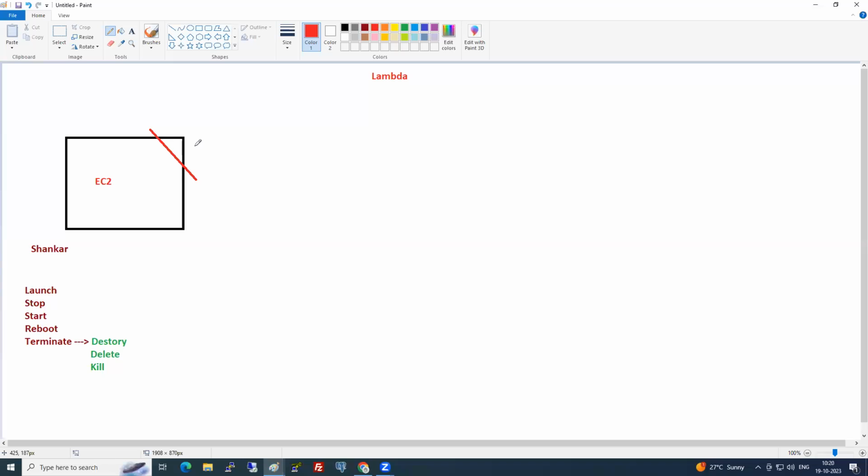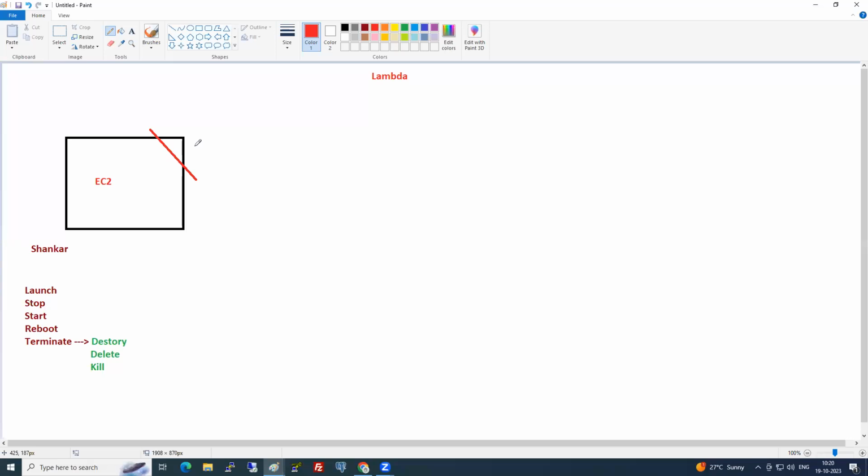So Lambda is server-based or serverless? Serverless. For us, it is serverless. What is the meaning of serverless? Serverless means you don't have to manage a server. Now, you have Google Drive. Are you logging into any servers to access Google Drive? It is a service for you, no? So Google Drive is serverless for you. Lambda is also serverless.